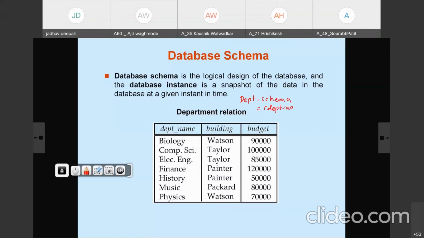This is the logical structure of the database. There are three attributes for the schema: department name, building and budget. And the snapshot of the database, meaning the values present in the database at a particular moment of time, is called the database instance. Now at this moment there are 7 tuples. So this is the instance of the database.